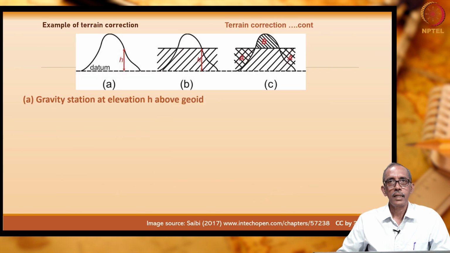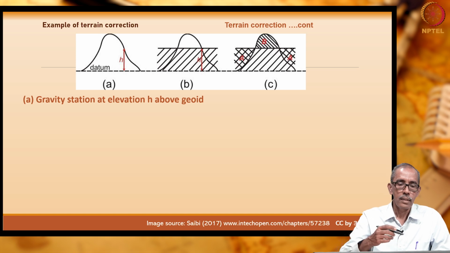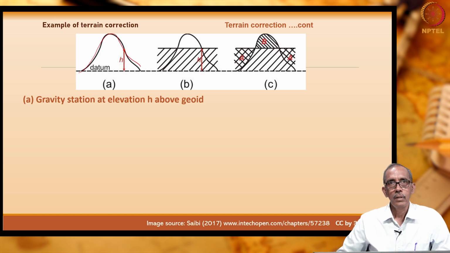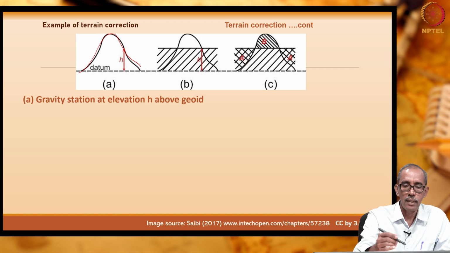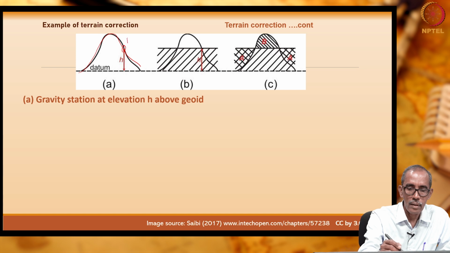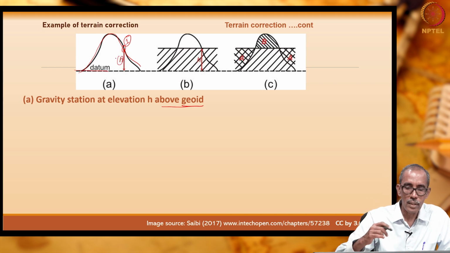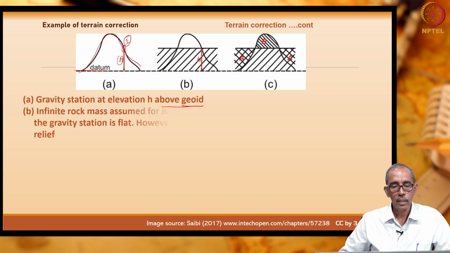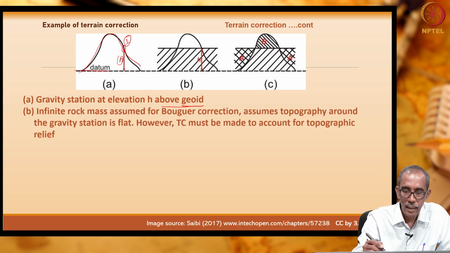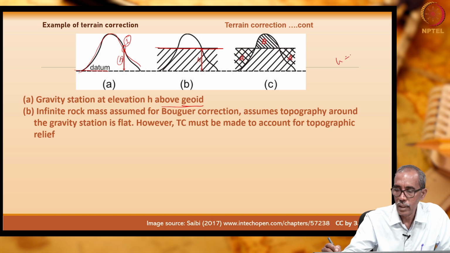To understand terrain correction much better, we can have a look at this diagram, right. This is the actual study site. Now, imagine a gravity station at an elevation h. This is going to be our station number 1. It is above the reference plane, by a height difference of h. While doing Bouguer correction, we assumed only this height. Let us assume h is equal to 10 meters.